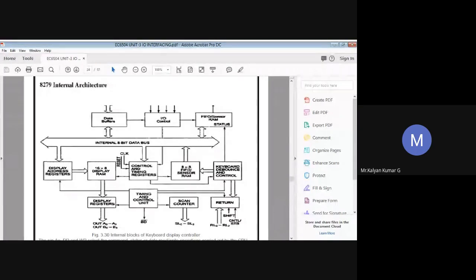All this, don't worry, we'll see in detail, because when we discuss the architecture I need to explain it once again. Just now I'm listing the features available. We have right or left entry 16-byte display RAM, and dual 8 or 16-digit numerical display. We can add a few more features to this 8279 controller. First we'll start with the pin diagram.